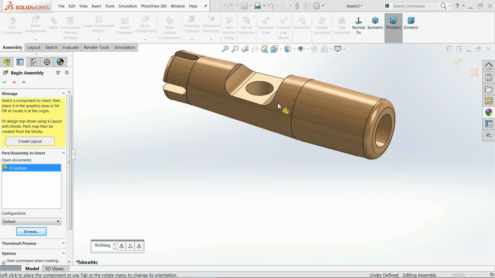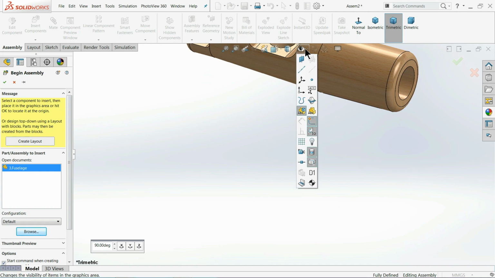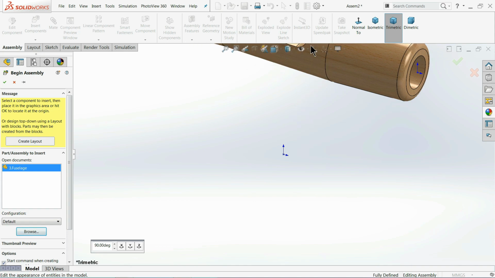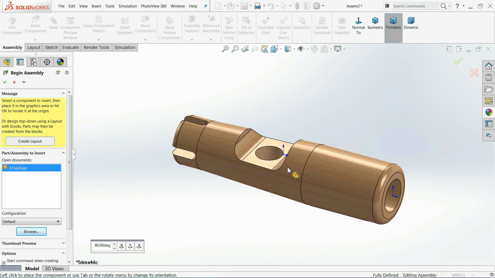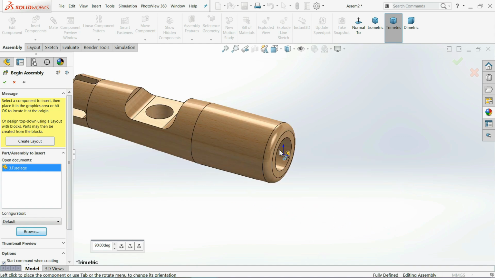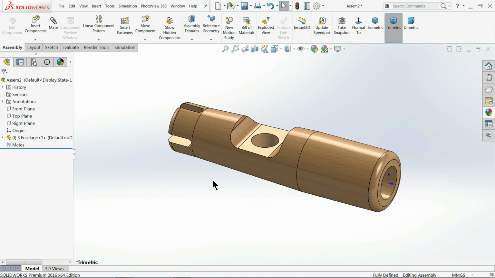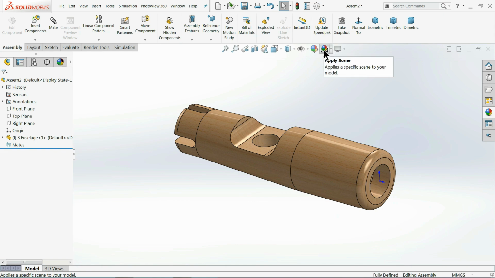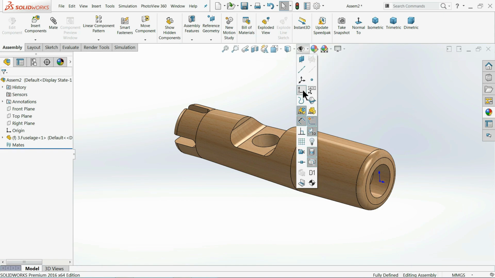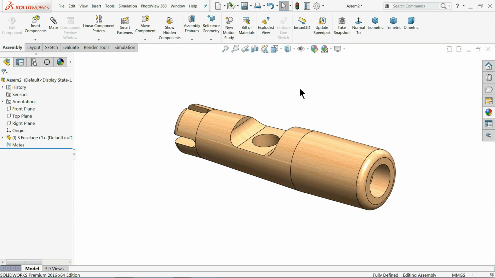So how will you fix it at the origin point? Simply you have to show the origin point. See, there is one eye option, just drop down and here you will find one option, view origin. Okay, now you will get the origin in both the parts. See, if you move the cursor near the origin, it is going to attach. See, click. Now this is the right view, so this is fixed at the origin point, but we don't want to see the origin, so simply uncheck it. Plain white.